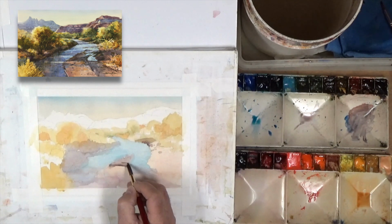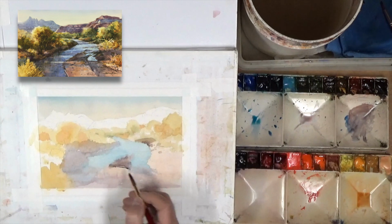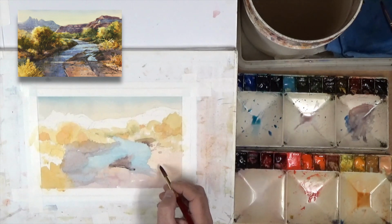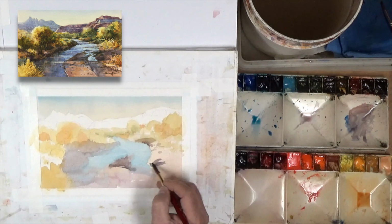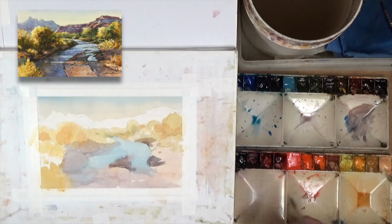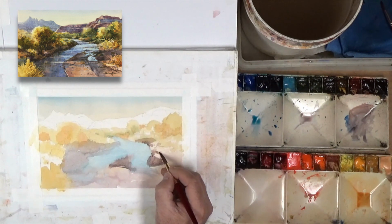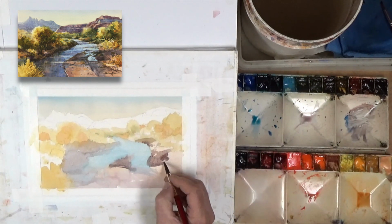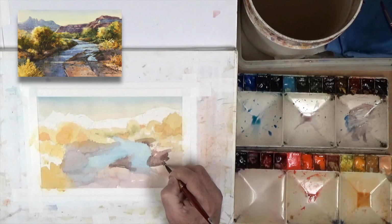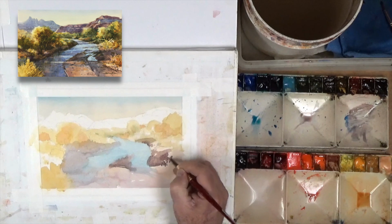Okay, right here, I'm getting the really dark where the shadow's going to come across. And of course, that shadow's got to connect and move from one side of the river to the other. Part of the law of using shadows as they cross water, you really don't see a cast shadow across the top of the water. Where you'll see the shadow come across the water is really the shadow falling on the sand underneath the water. So you're only going to see that cast shadow cross there